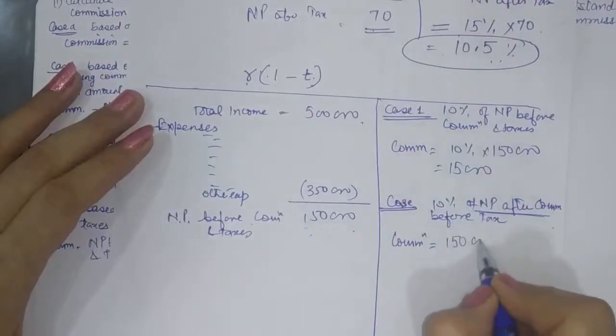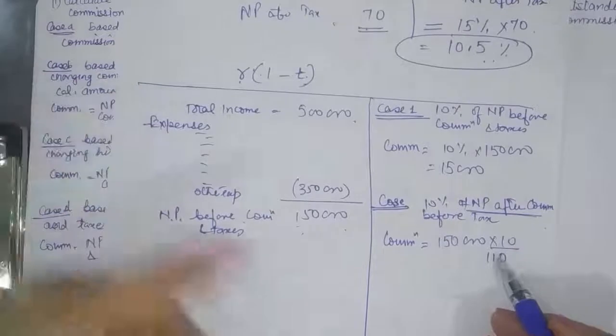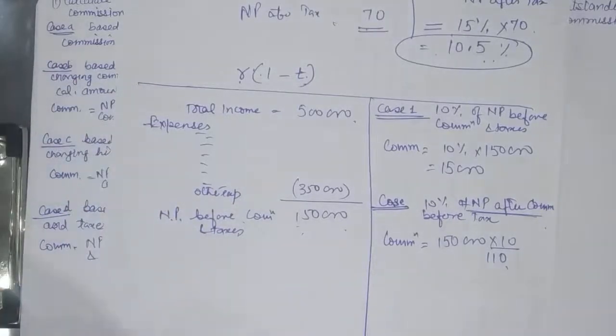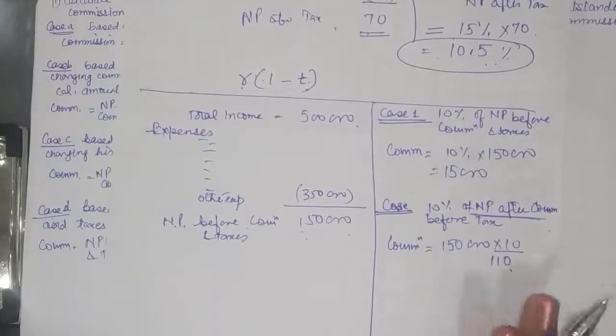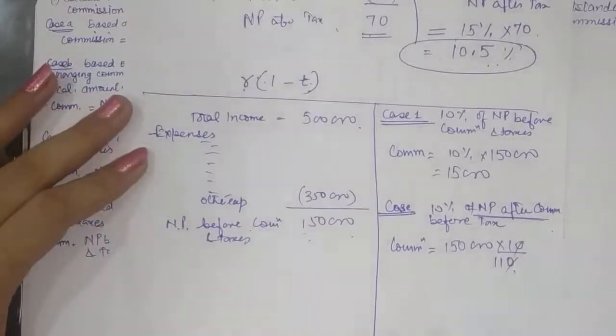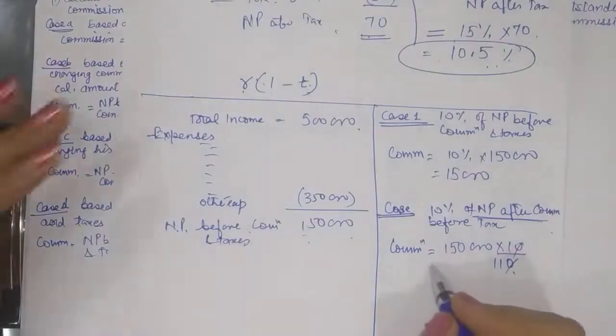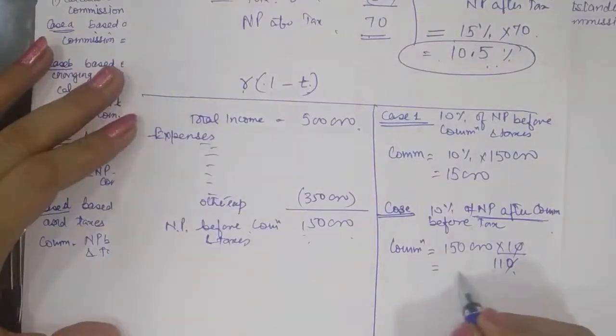So 1,50,000 into 10 upon 110, because in order to have 10 rupees of commission on net profit after commission, we need to have 110 rupees with us. So base has been changed, as I explained to you through the calculation. So we changed the base. So now our commission is going to be